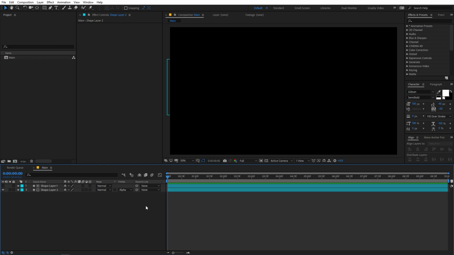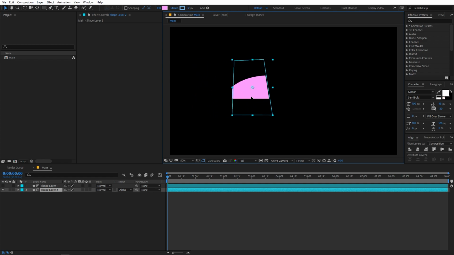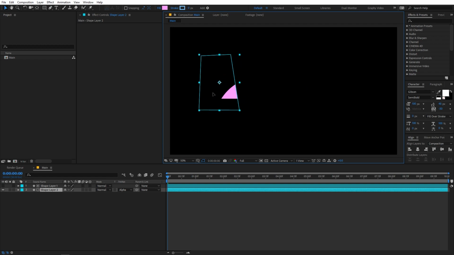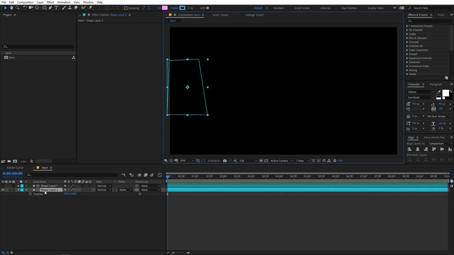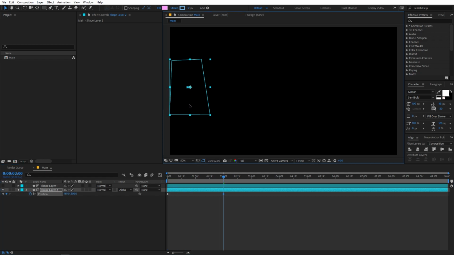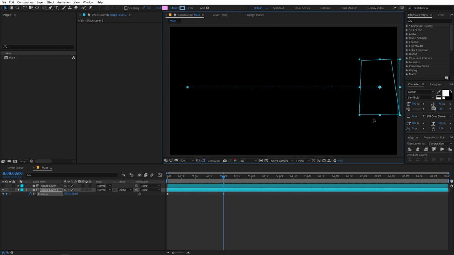So now you can see that none of the layer is visible. And if I select this and move it, you can see that it will be visible only where we have the first shape layer. So this is exactly what we want. So now I'm going to animate it. So you can select this, press P for position. Let's add a keyframe. And let's go to something around 2 seconds, and after that I'm going to move it to somewhere around here,